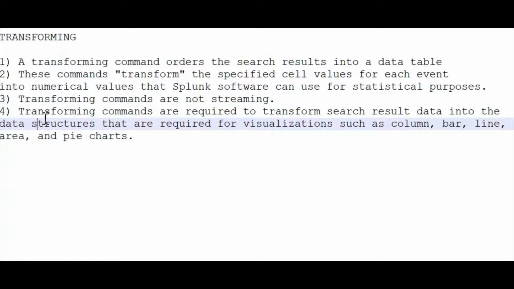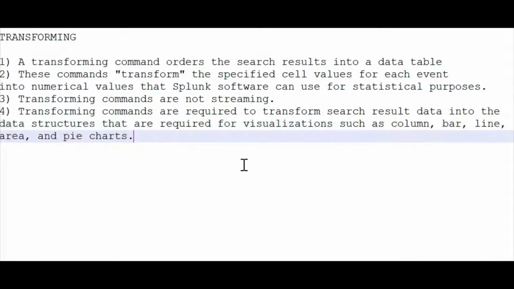The transforming commands are required to transform search result data into the data structures that are required for visualization, such as column, bar, line, area, and pie chart. There are n number of visualizations, so with the transforming commands we can visualize in the form of these charts.